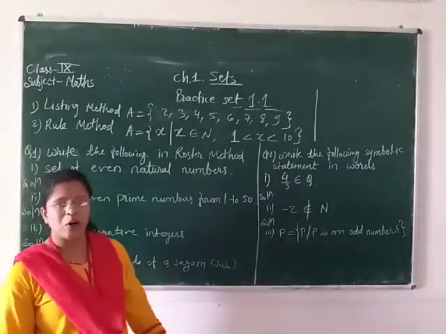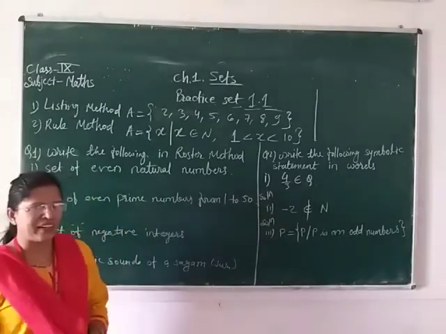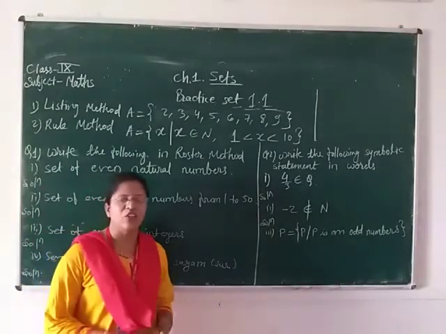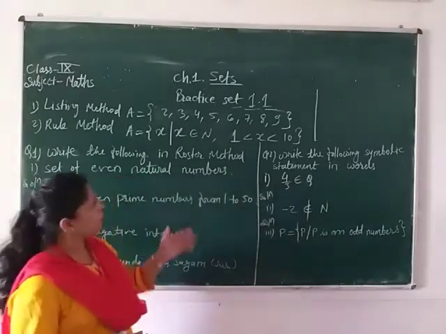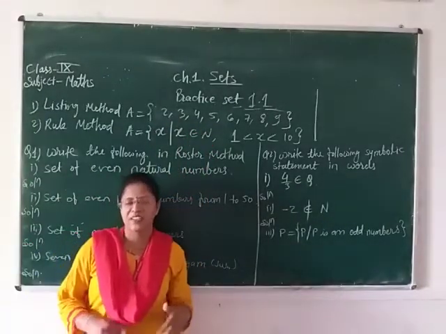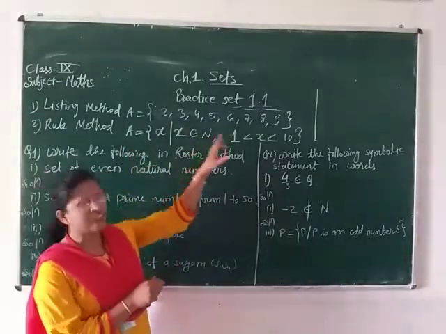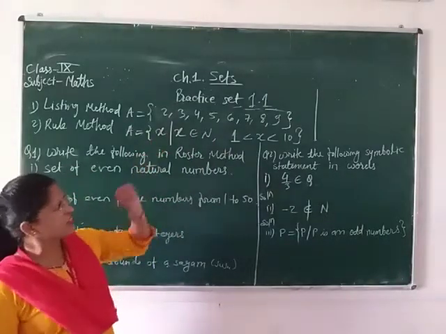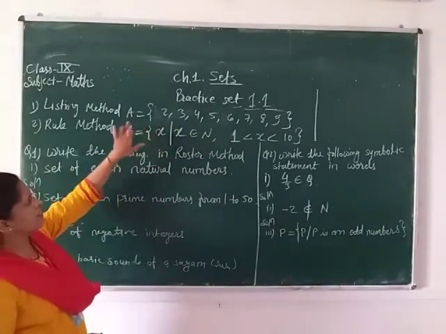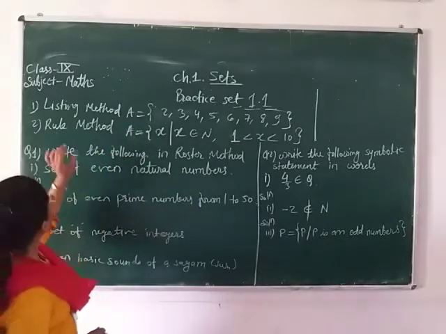We learned about sets in the last class. So here we have to repeat again what a set is. If we can definitely and clearly decide the objects in a given collection, then that collection is known as a set, and we have to give a name to this set. A is a set of all the elements.